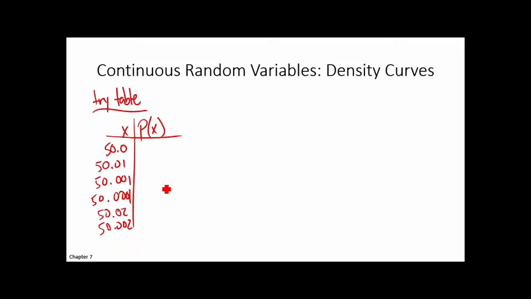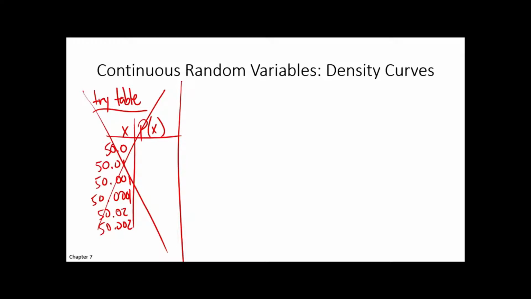And so for a continuous random variable, because we measure it on those fine intervals, hundredths, thousandths, 10,000ths, we can't really construct a table with probabilities, because if we were to observe like CBC students, I could come up with like 1 million different heights, and there's only like 3,000, 4,000 guys here. So I'm going to have a bunch of heights that have 0 probability and a bunch of heights that have like one 4,000th of a probability. So it's a problem. So we can't do tables with continuous random variables.